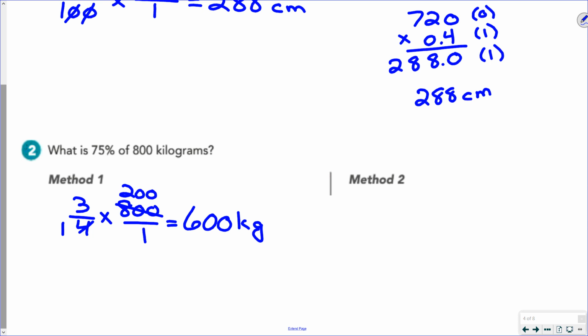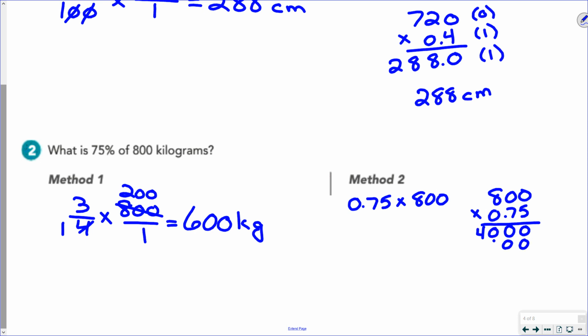And so 75% as a decimal is 0.75 times 800. So we take 800 times 0.75. 5 times 0 is 0. 5 times 0 is 0. 5 times 8 is 40. Start the second line with a 0. 7 times 0 is 0. 7 times 0 is 0. 7 times 8 is 56. Add those together. 0 plus 0 is 0. 0 plus 0 is 0. 0 plus 0 is 0. 4 plus 56 is 60. No digits here after the decimal point, 2 there, for a total of 2. So once again, our answer is